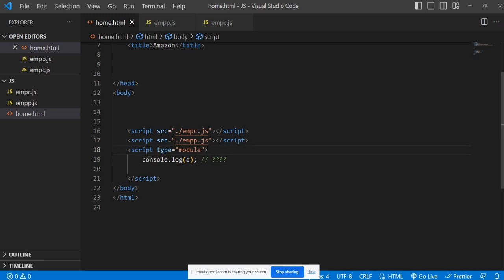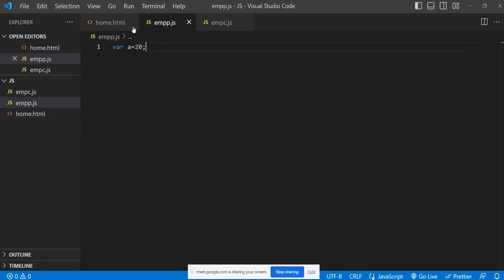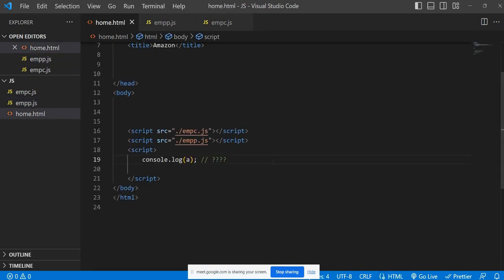Okay, suppose if I remove this. Now tell me what will be the output? What is the output? Here var is equal to 10, then var is equal to 20. 10, 20, 20. Now you know the answer. But if I